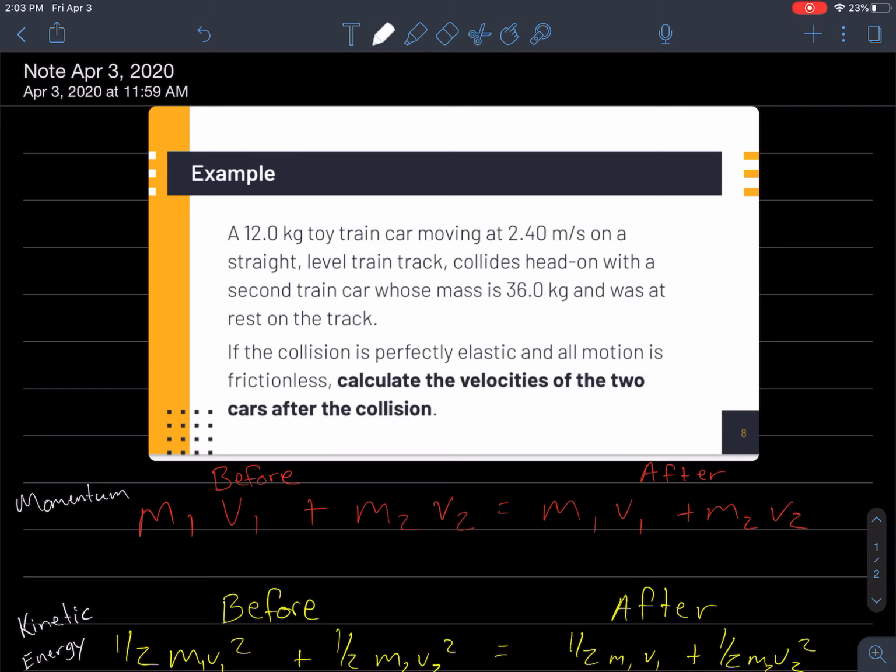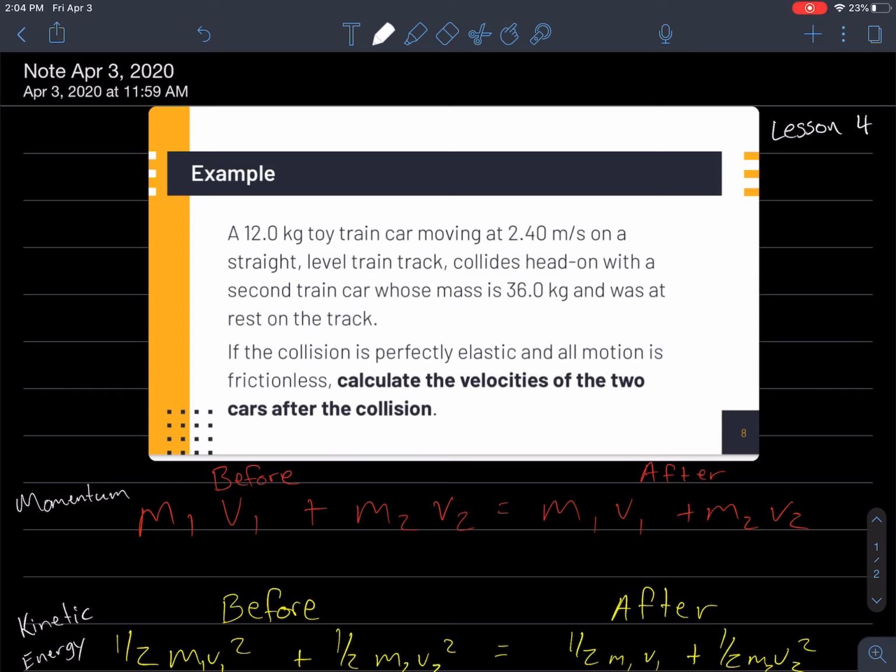Hey everyone. So I had a question about answering this example question from lesson 4. I'm just going to write that in here. All right, this is from lesson 4, elastic and inelastic collisions. So the example problem I chose